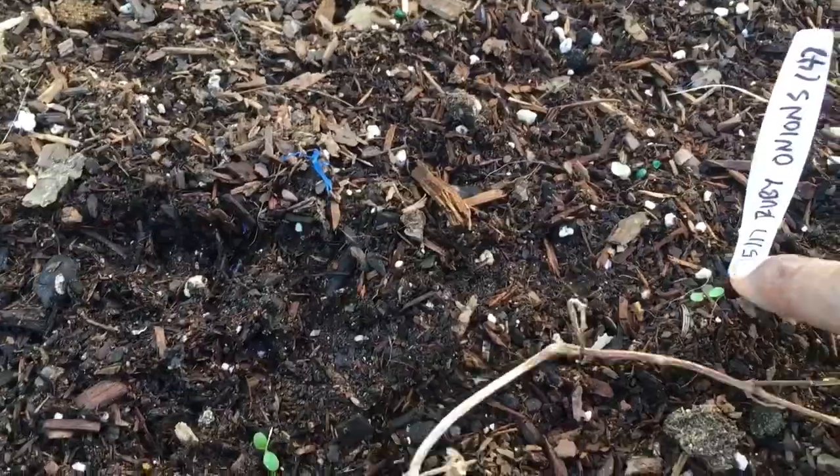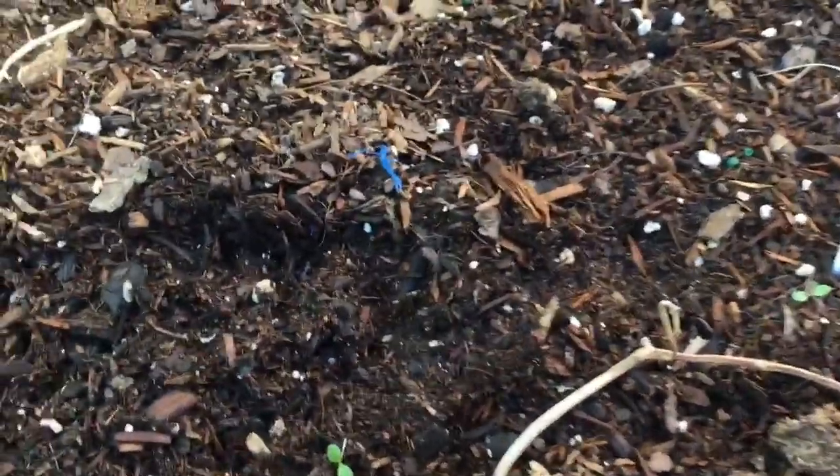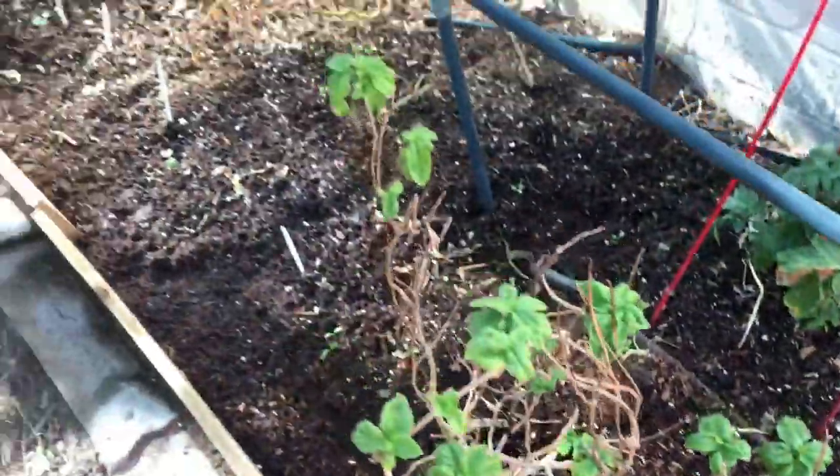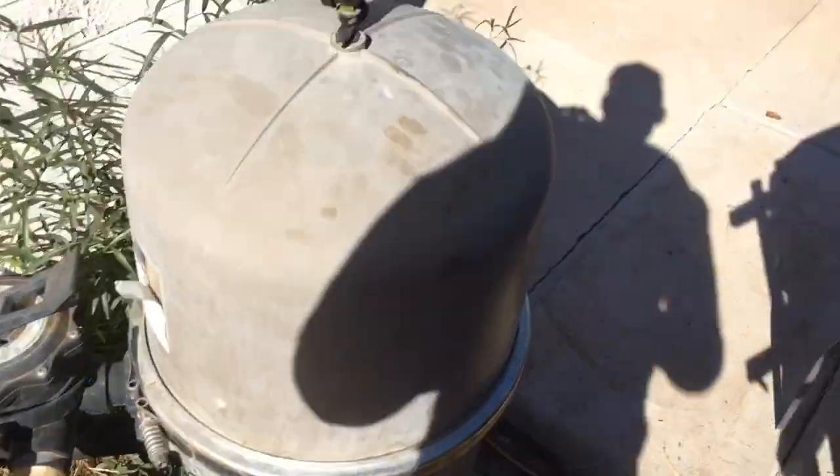I can't believe I put 17 on it. But it was the 5th day of the year, so you know how we make mistakes. And we got ruby red onions growing. So this would be the onion area. So that's the backyard garden update. Oh, over here I have,